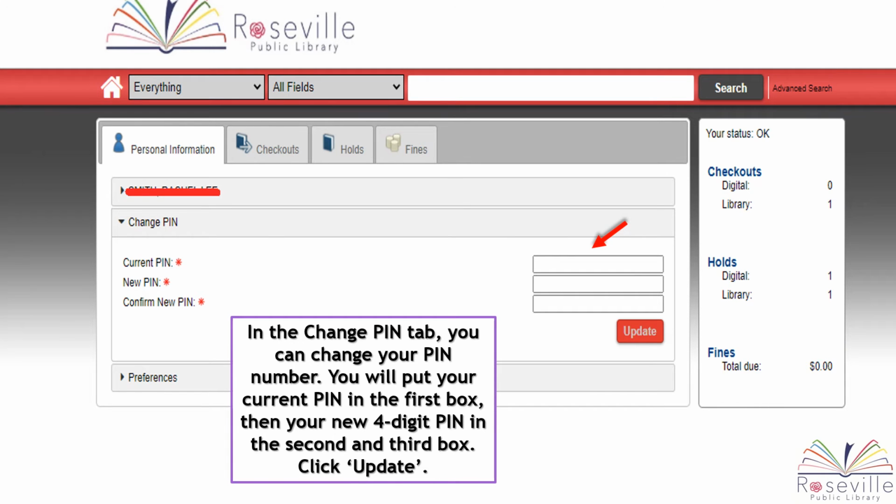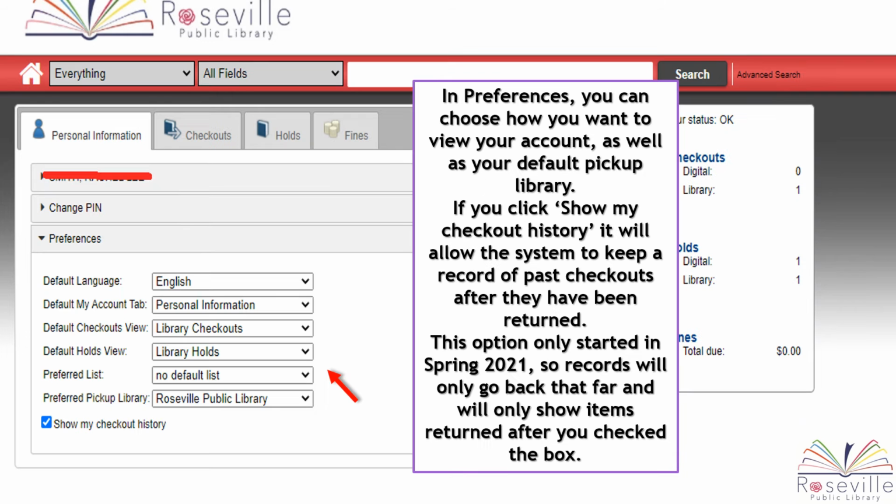In the Change PIN tab, you can change your PIN number. You will put in your current PIN in the first box, then your new 4-digit PIN in the second and third box. Click Update. In Preferences, you can choose how you want to view your account, as well as your